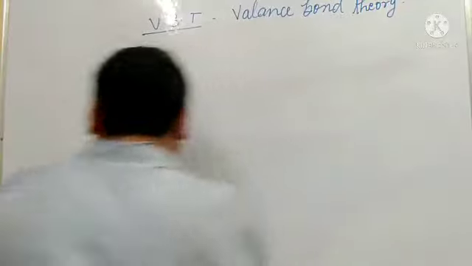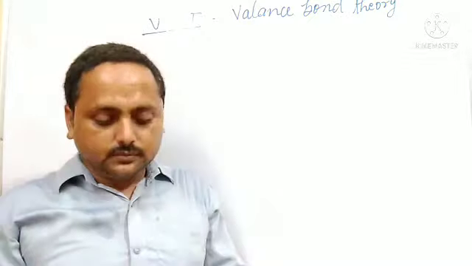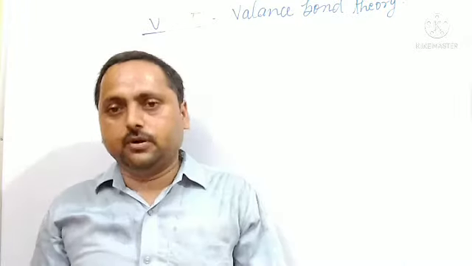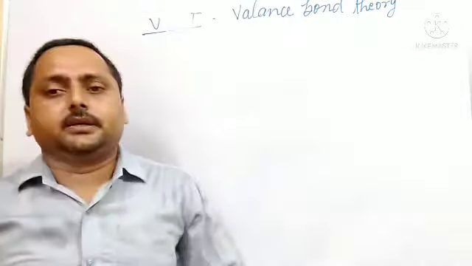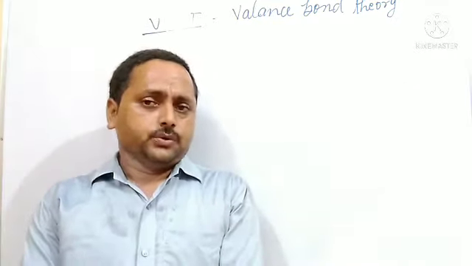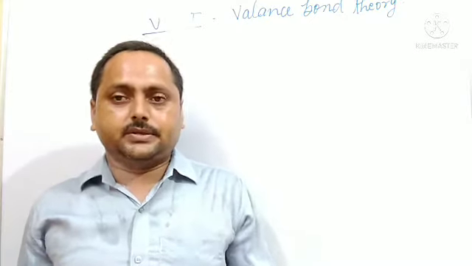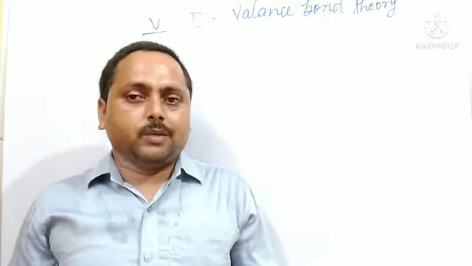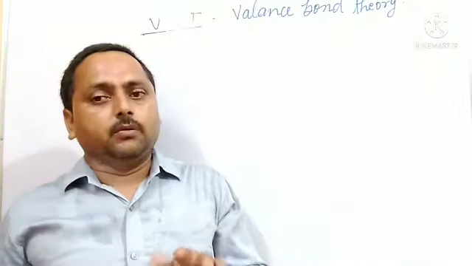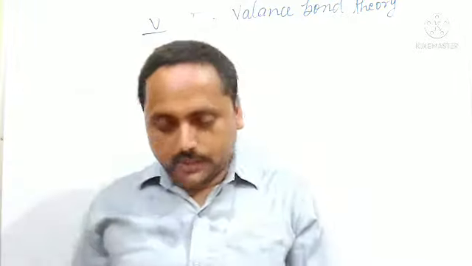Okay, so in that we have just discussed the theory. Here we will discuss some examples. How is valence bond theory helpful to explain the structure, meaning the geometry, and the magnetic nature of coordination compounds? Let us take some examples, and by that things will be clear. To understand VBT, please watch my previous video that I have uploaded.